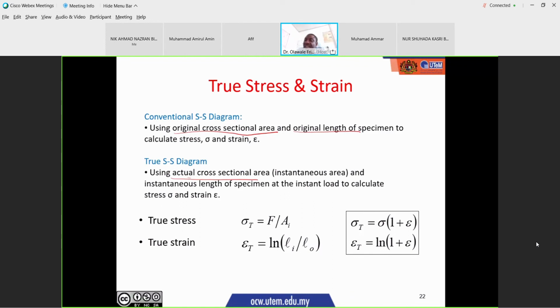Then if you have the conventional data, you can convert. You can convert your conventional stress to true stress, and you can convert your conventional strain to true strain. To convert, you use this formula. Your true stress is F over instantaneous area, and your true strain is L over instantaneous length. Now, if you want to convert from conventional stress or engineering stress,